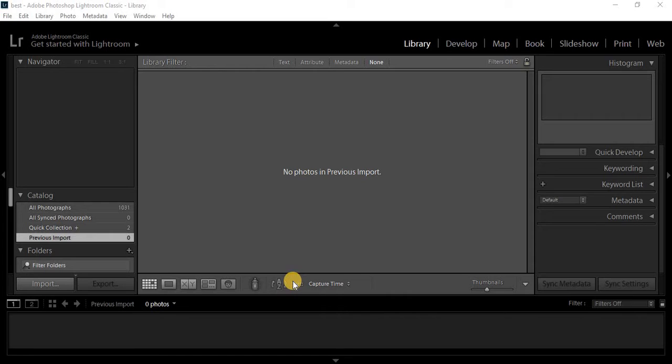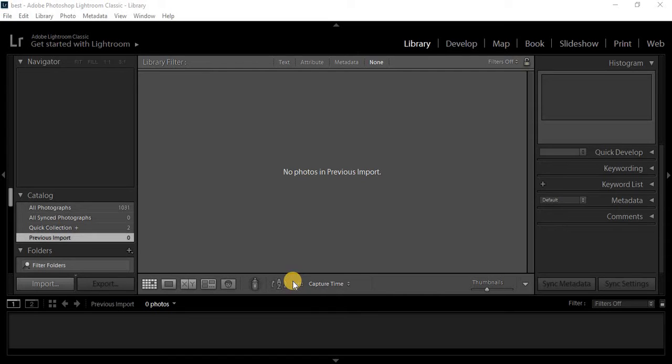I'm going to be showing you guys the basic Lightroom tutorial, and this is going to be a step-by-step for all beginners and all those who would love to learn how to edit their photos in Lightroom. So it is going to be a basic adjustment tutorial for everything you're going to learn about photo editing in Lightroom. So first of all, you have to learn how to import your images